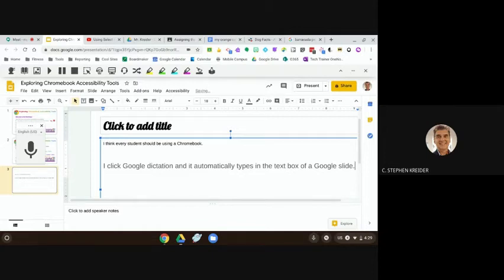Super great. So there's lots of different applications for Google Dictation as well for those students that require that level of writing support. Let's click X. The last thing that I want to show you is